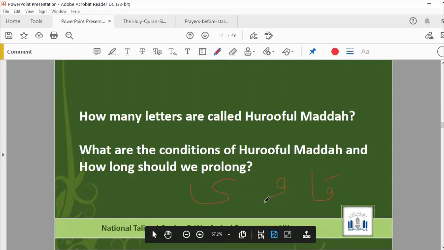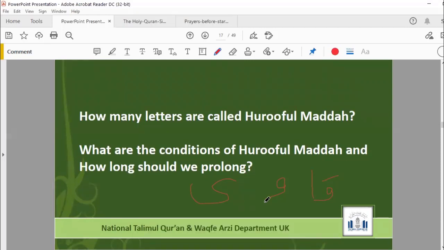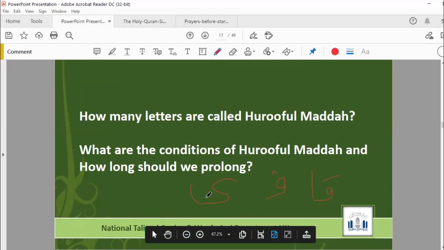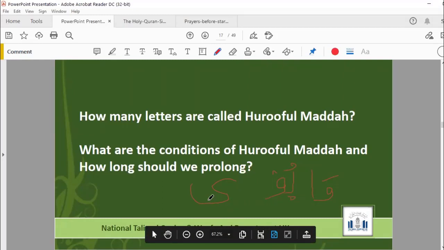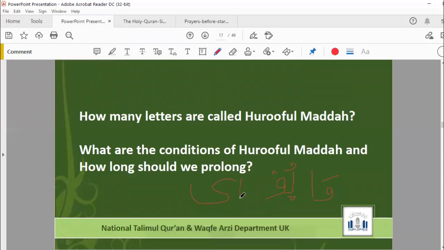What is the condition for Waw? With Waw, the preceding letter should have Dhamma on it, and there shouldn't be any sign on the Waw. Brilliant. And for the Ya, the preceding letter should have kasra, like ba with Dhamma, and then it will be bu. What is the condition for Ya? The preceding letter should have kasra on it, and then there should be no sukun on the Ya. Brilliant. Thank you very much.